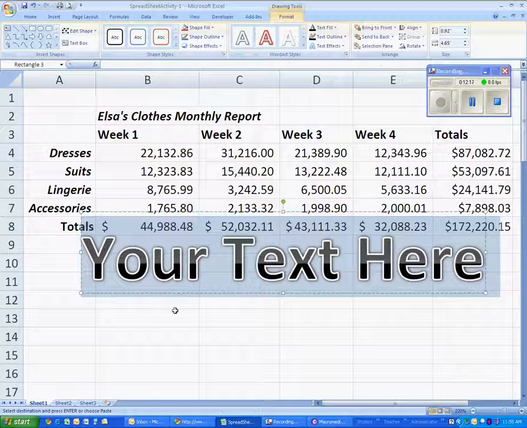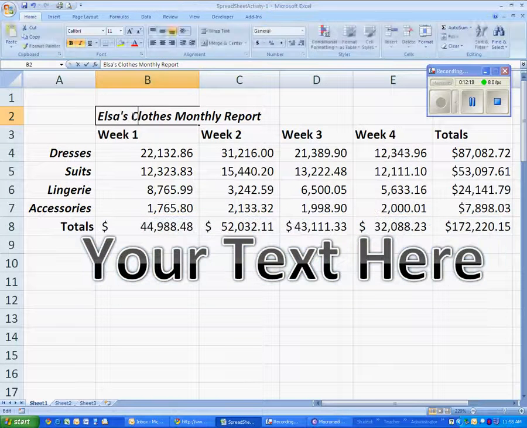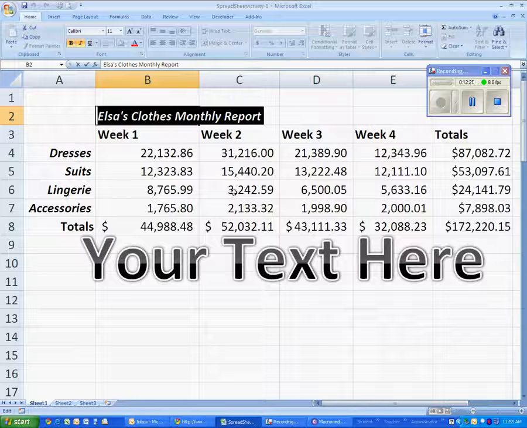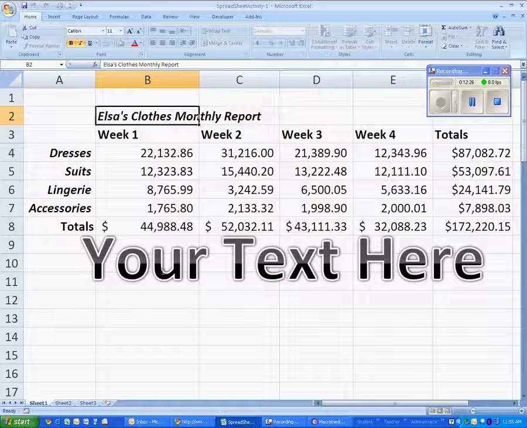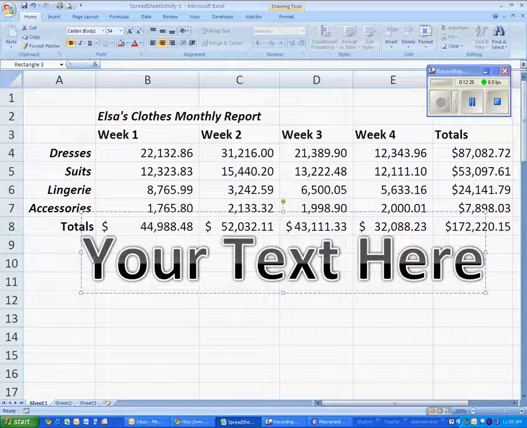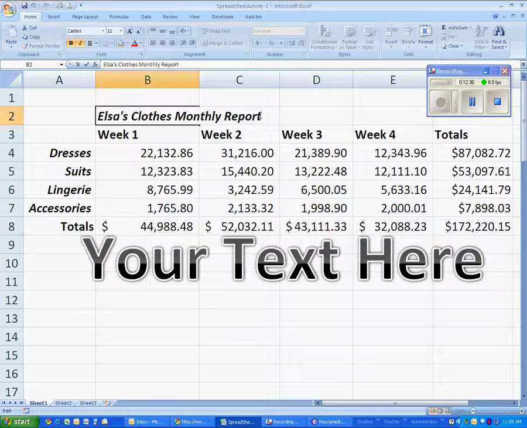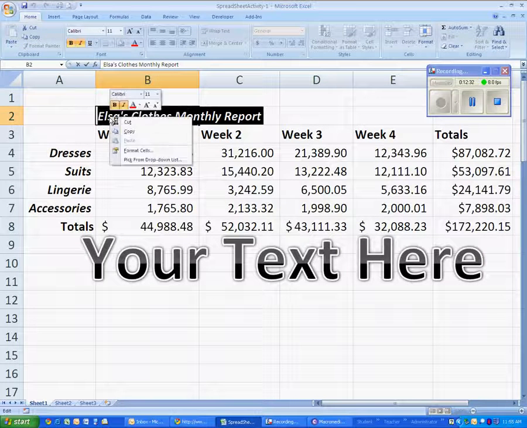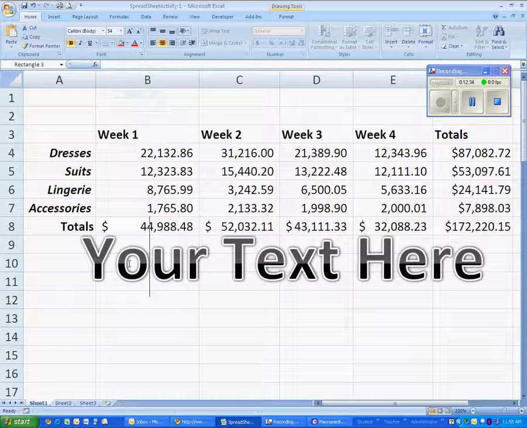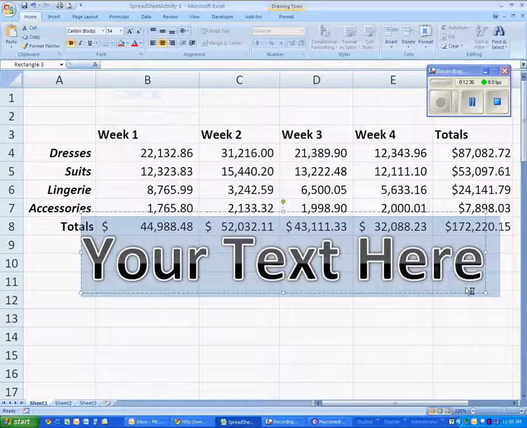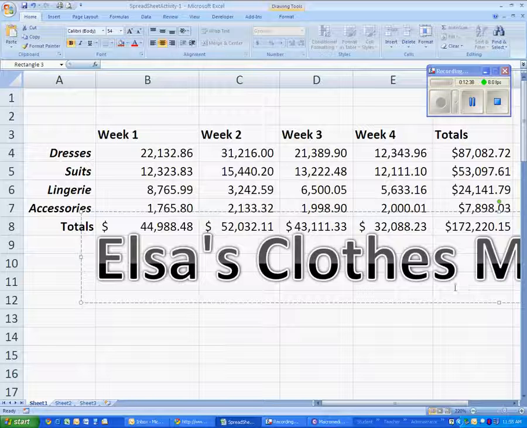Well, I guess it didn't do it. If I would have clicked it and selected it, it should have put it in there automatically. It does that in Word. Obviously, it works a little bit different in Excel. So I'm just going to cut and paste. I'm going to cut it here, click where it says your text here, and paste the title in, resize it by clicking on the